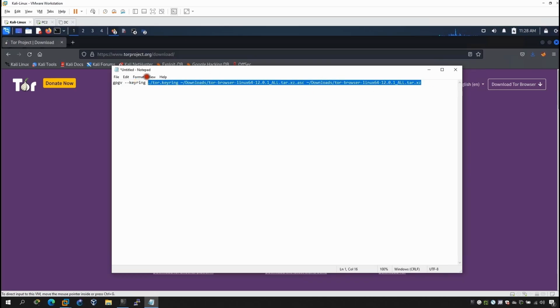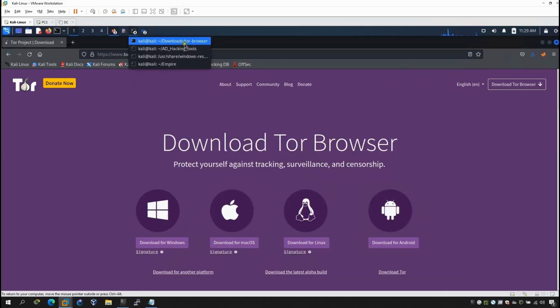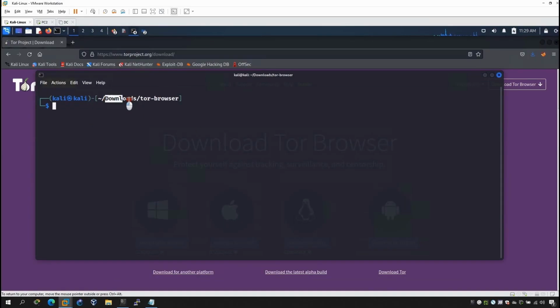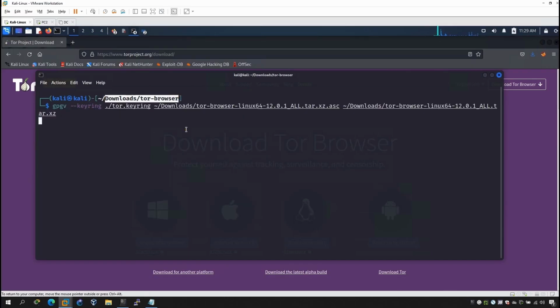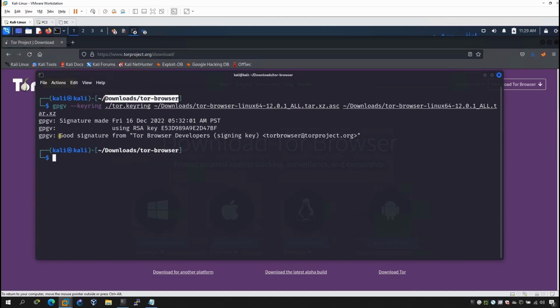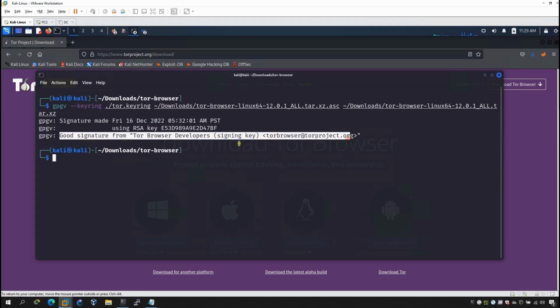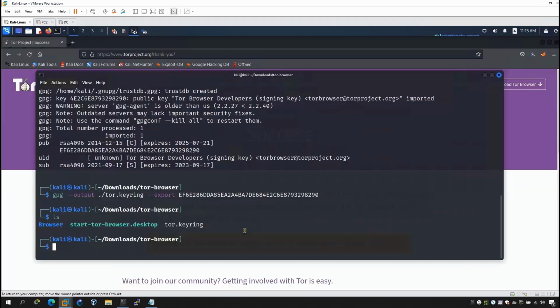So if you copy the whole thing, you can come here, because we are inside the Tor browser, and paste it here. Once you hit enter, it will show you the good signature from the Tor browser developers, and now we are secure. Okay, so with that said, we can start